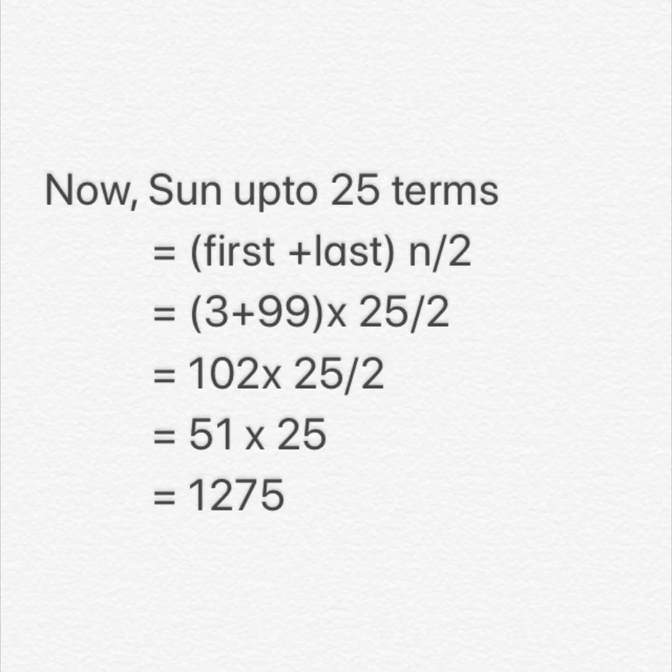102 into 25 in the numerator and the whole divided by 2 can be written. So 2 can be used to cancel with 102. So 2 ones are 2, 2 fives are 10, and 2 ones are 2. So 2 51s are 102. So 2 can be cancelled with 102. So we get 51 into 25. The product of 51 and 25 is 1275. So this is how we calculate the sum of a certain fixed number of terms of an arithmetic series.